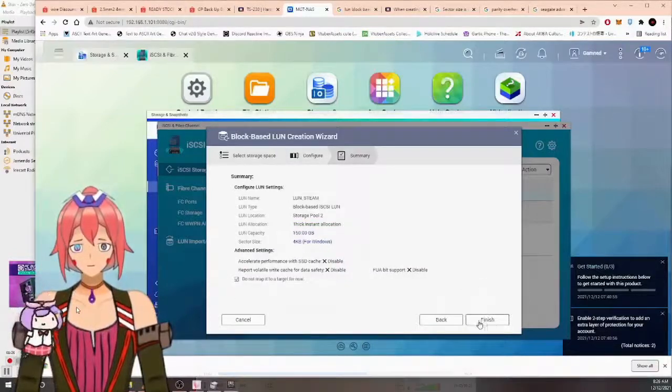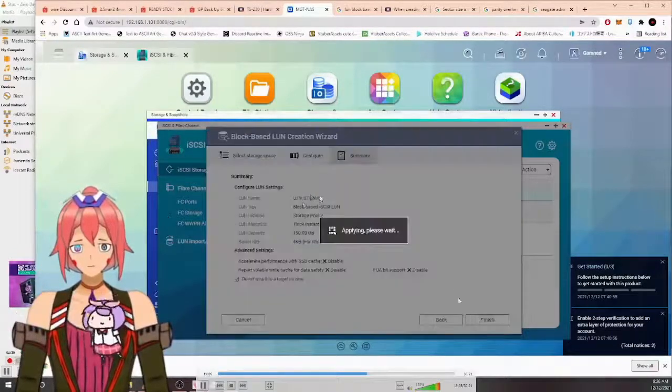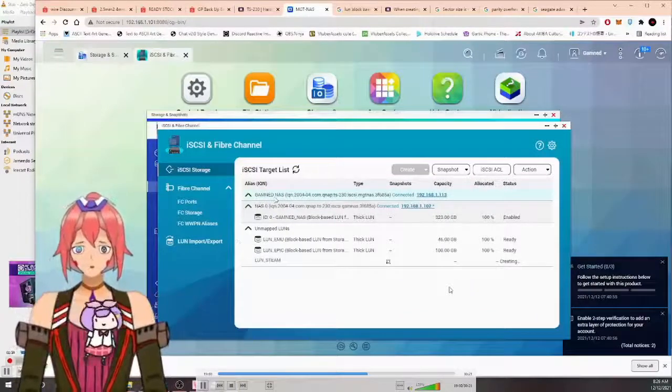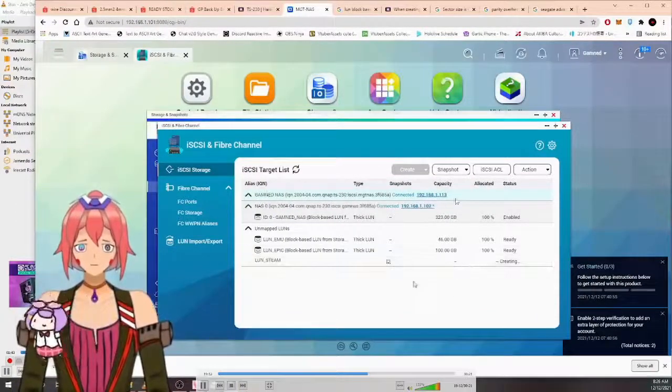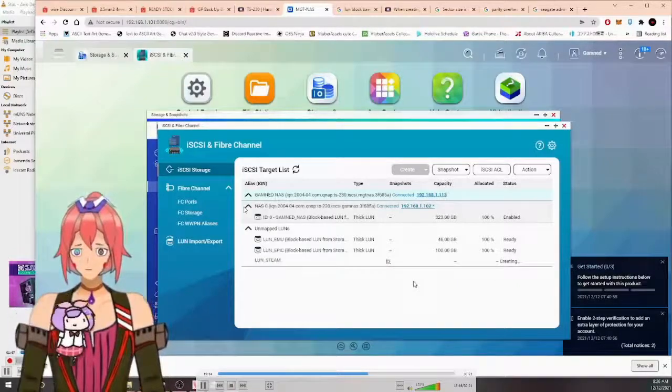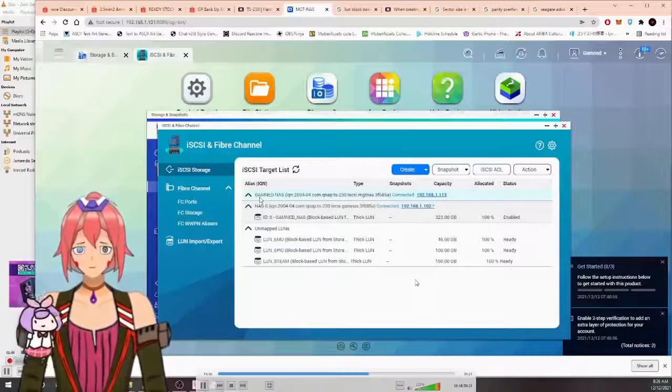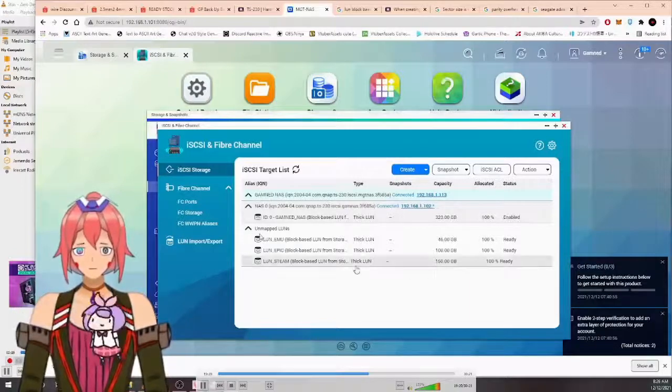Okay, create another posting. This is the target. This is the old iSCSI using the SSD. This is the new iSCSI. This is also the old one. And now that I have